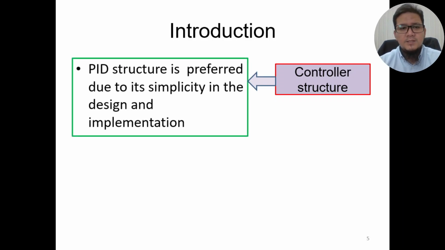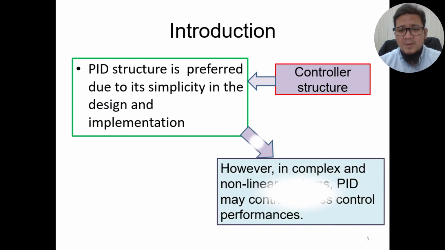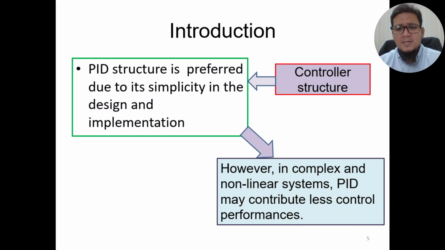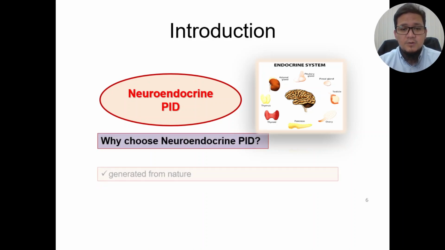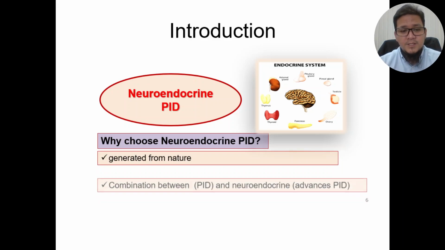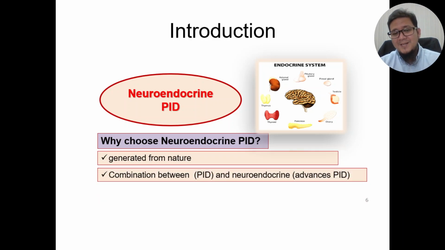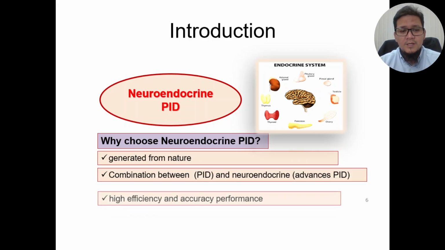For the control structures, currently the PID controller is preferred due to its simplicity in design and implementation. However, in complex and nonlinear systems, PID may give less control performance. Some researchers propose an advanced PID using a bio-inspired controller, which is the neuroendocrine PID. This neuroendocrine PID is generated from the natural combination of the PID controller and neuroendocrines, and then the high